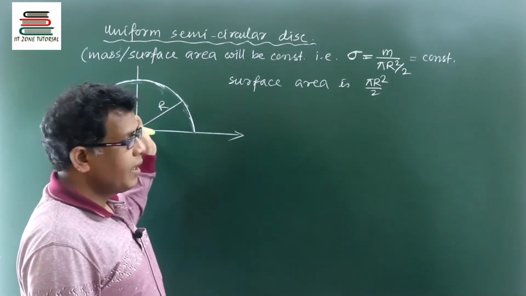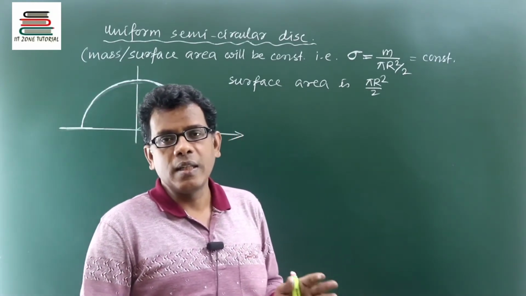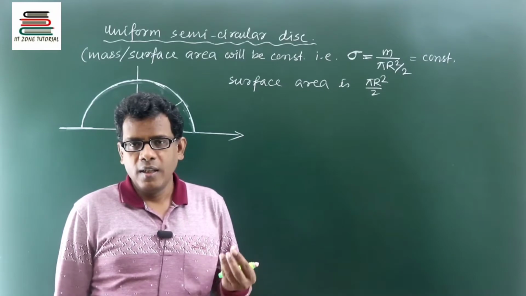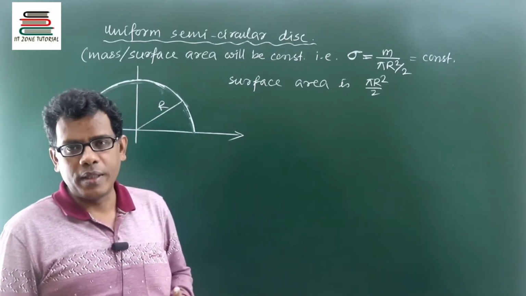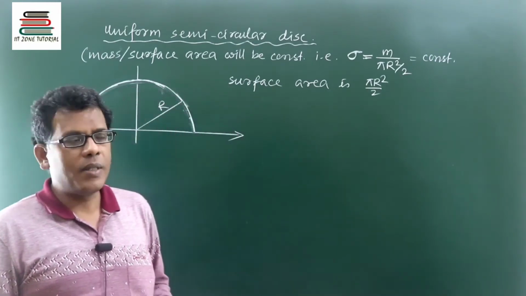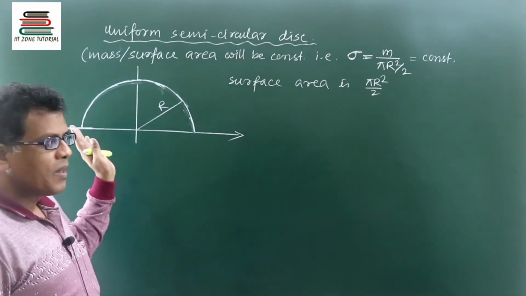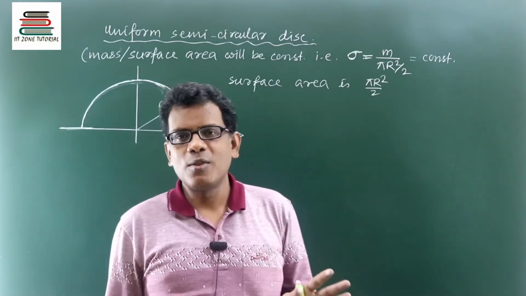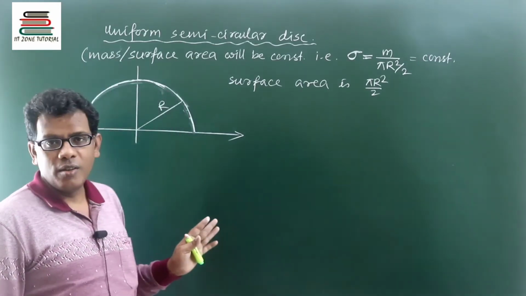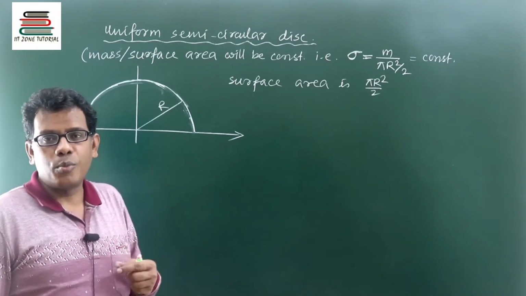So when a geometry is second degree, your element body selection should be such that you can choose the smallest mass from the given geometry, but that smallest mass should also have the same dimension as that of the body. That means if the semicircular disc is 2D, its mass is available area-wise, so your element body within the given mass should be a small entity, but that too should be available area-wise.